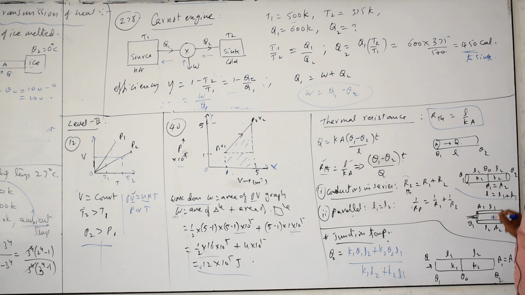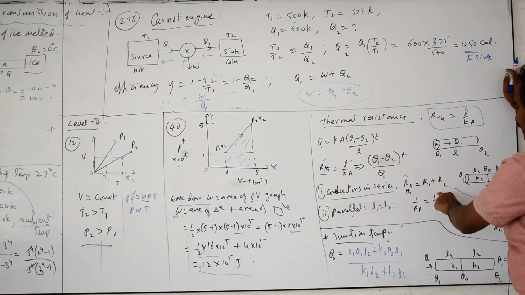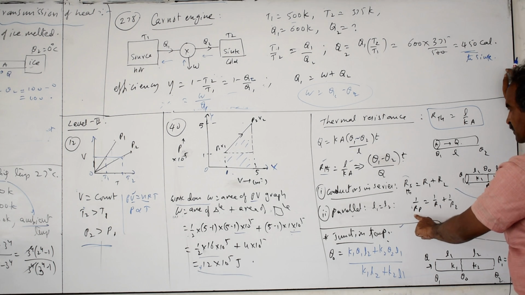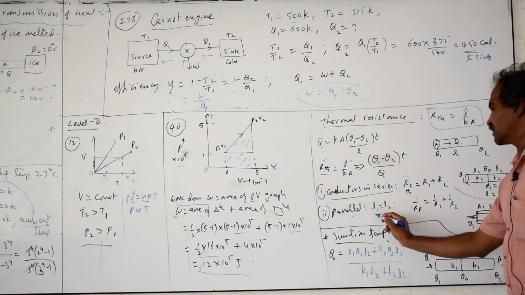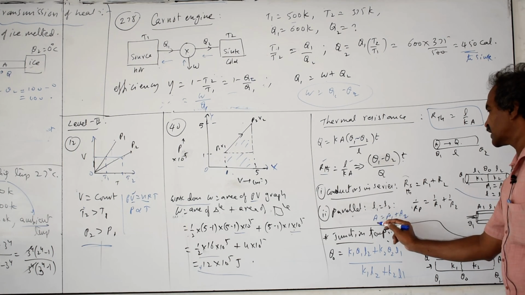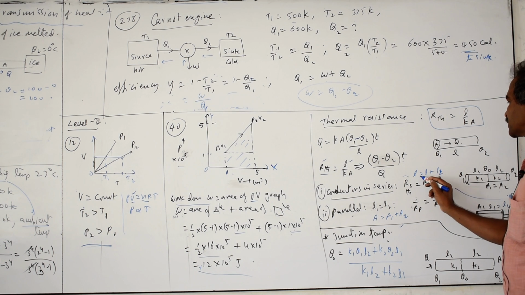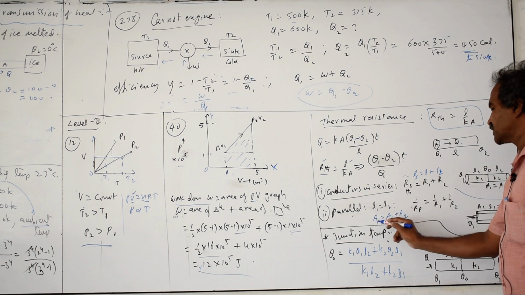If they are connected in parallel, you take L1 equal to L2, but the area of cross section can be different. Here 1 by R resultant equals 1 by R1 plus 1 by R2, thermal resistances used just like electrical resistances. That means you get the reverse ratio. K1 A1 by L plus K2 A2 by L becomes equal to Ka by L, where A is equal to A1 plus A2 resultant. Here L is equal to L1 plus L2 for these resultant series combinations, and this is the parallel combination resultant.